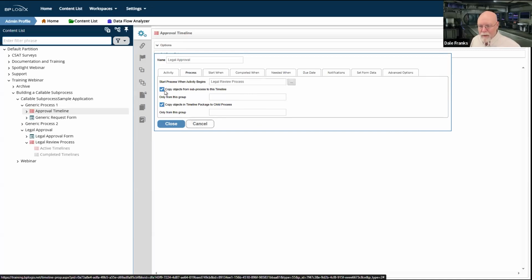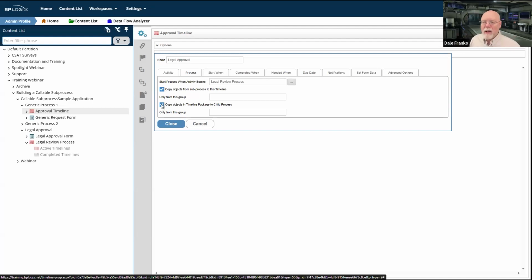And both the copy objects from subprocess and copy objects in timeline to child, they're both checked. Because I do want to send the forms in my parent process to my child process and from my child process back up to the parent process. So I have that legal approval form and I am going to use it.